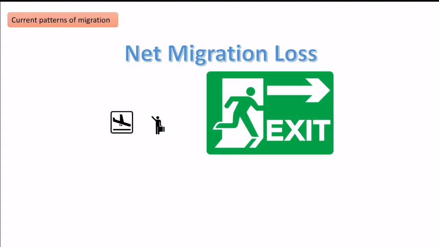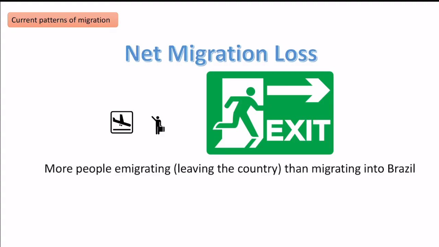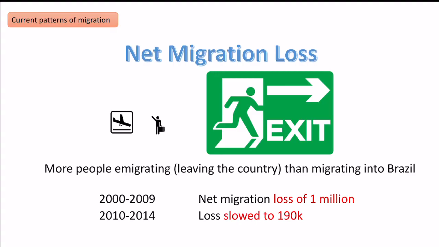loss. In the Brazilian context, this essentially means that in recent times, more people have left Brazil than have actually come into Brazil. And in terms of figures, we can see that between 2000 and 2009, there was a net migration loss of 1 million. That means 1 million more people left Brazil than migrated into Brazil. That slowed slightly between 2010 and 2014, and it slid to 190,000 more people leaving than coming in. But we can still see that the key idea here in terms of modern patterns is more people are leaving